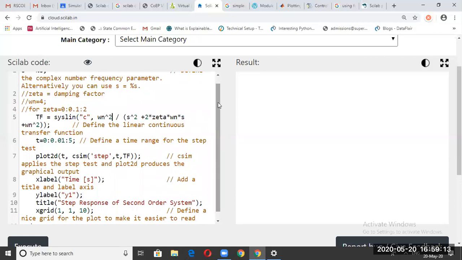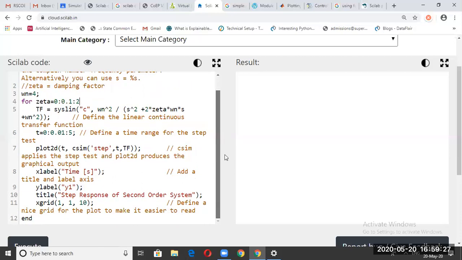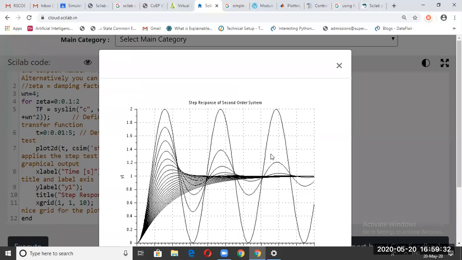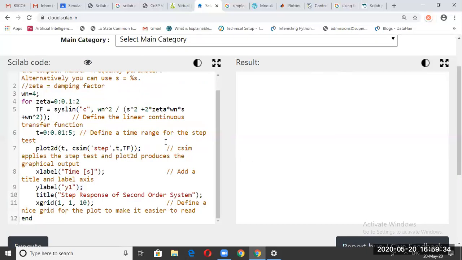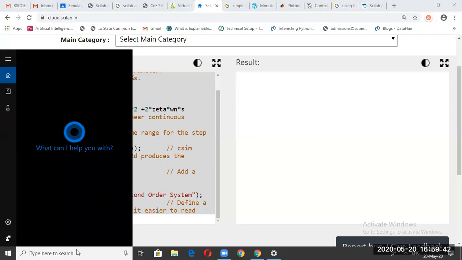So this is the code for the second order system, and you are going to keep omega n equal to 4. You can keep whatever value, and the zeta value you are going to vary. This is for the second order system first, and you are going to execute it, right? So I'll copy this code, control C, so that I'll be able to send it to you later.